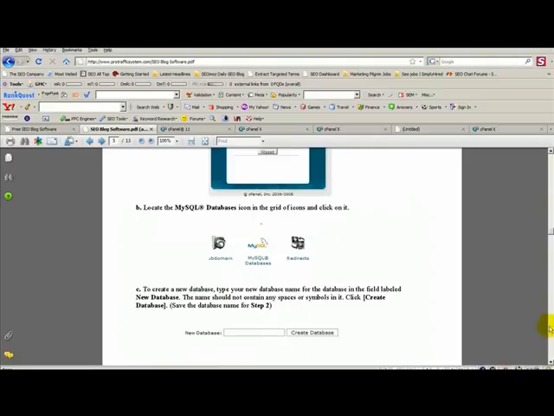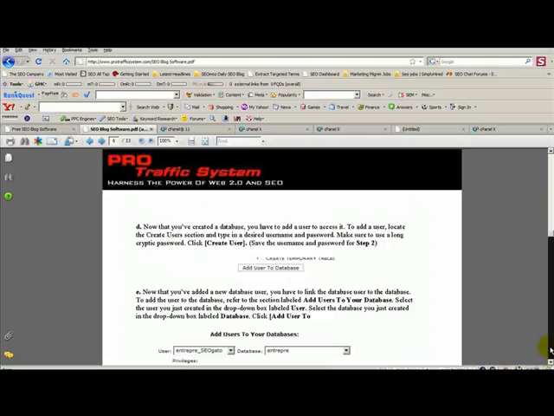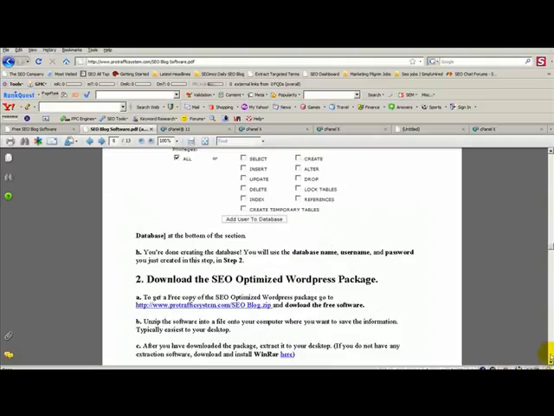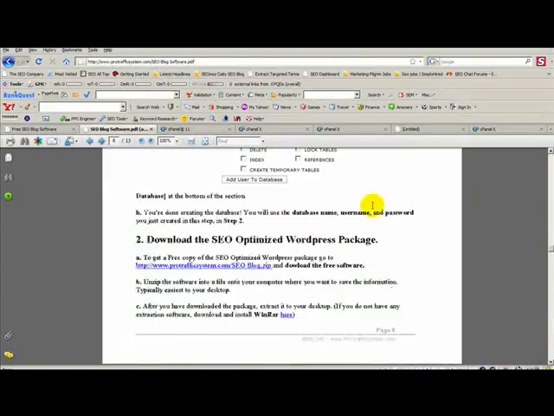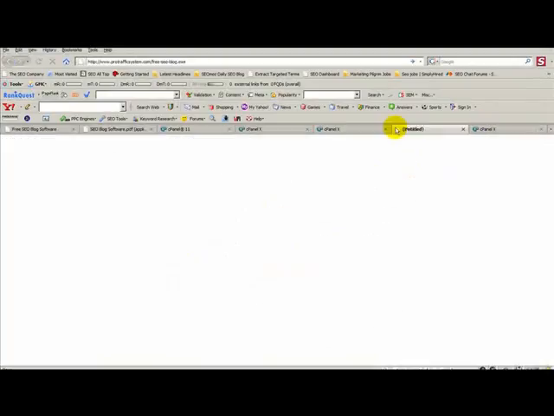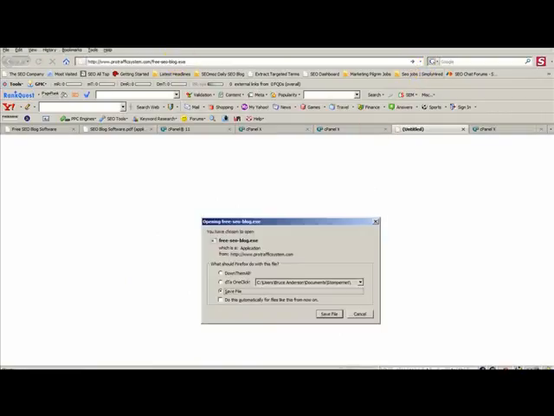We logged in, went to MySQL database, created the database, added the users to the database, and then the next component that we're going to do is to download the SEO optimized WordPress package, and that is on this particular link right here. Now we'll go over there, and there's the free SEO blog.exe, and so we'll click that, and here's what will happen: you'll get a screen that looks like this that comes up and asks if you want to save the file,